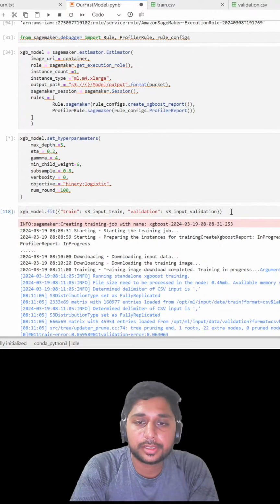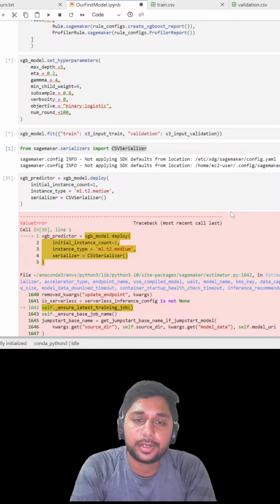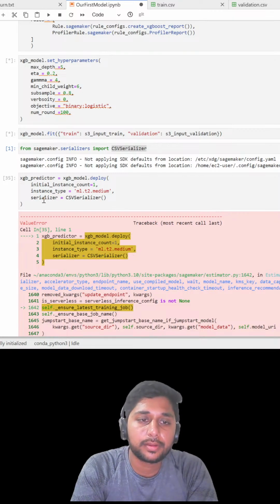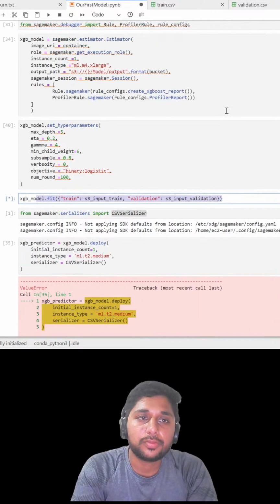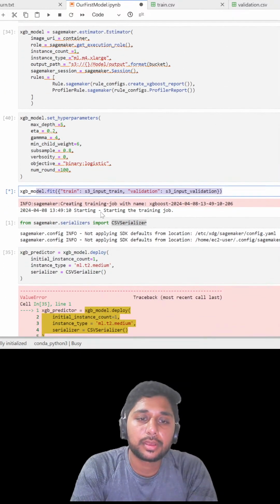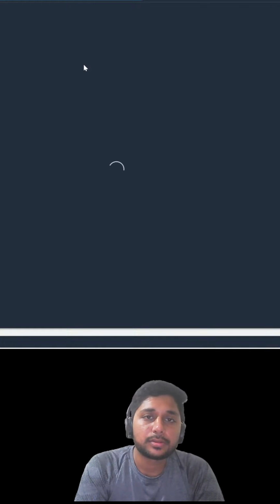So we have run the train and then set the model fitment. So this will start our training job, and you can see it has started the training job. We would be able to see it inside the SageMaker console as well. So if you go to the SageMaker,